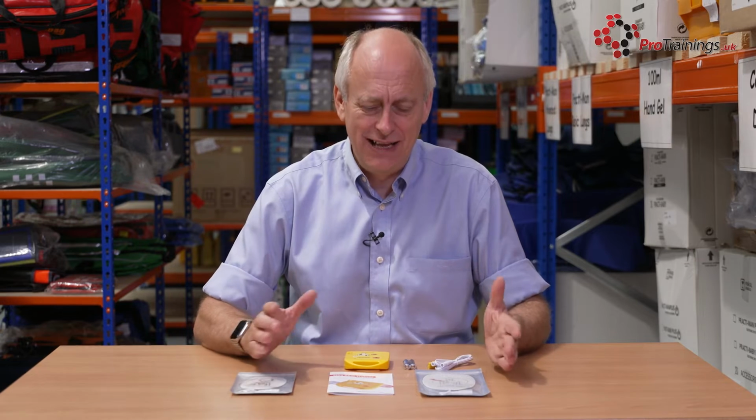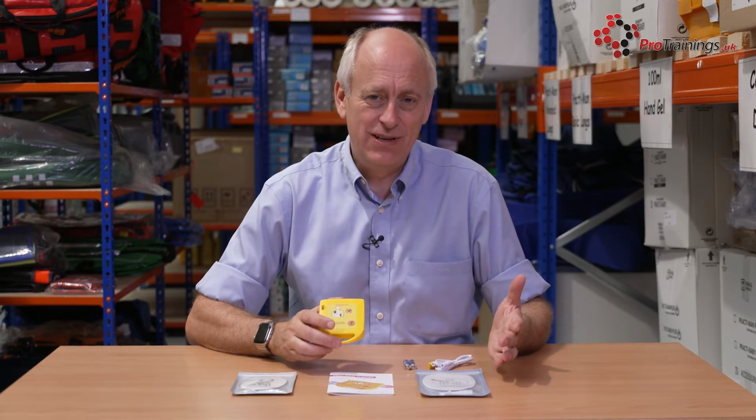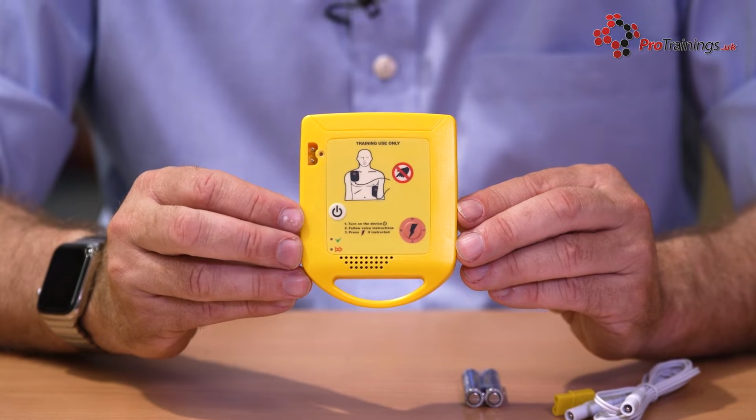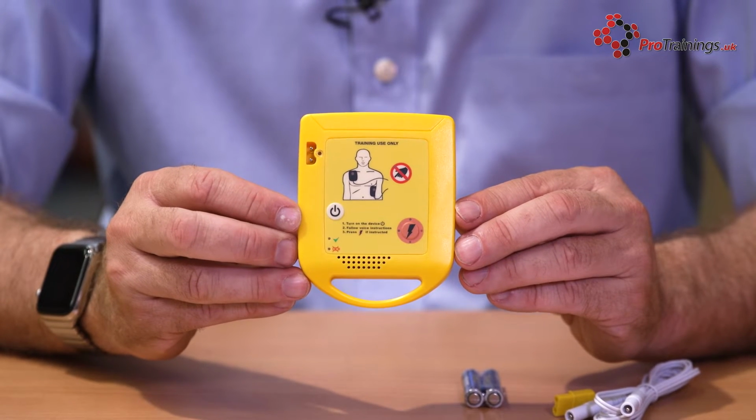We're now going to look at the mini AED trainer. Now this is, as the name suggests, a very small AED trainer. Now it's not designed to look like any trainer on the market. So what we'd recommend with this is to maybe, when you're training, have one full-size proper AED trainer which would